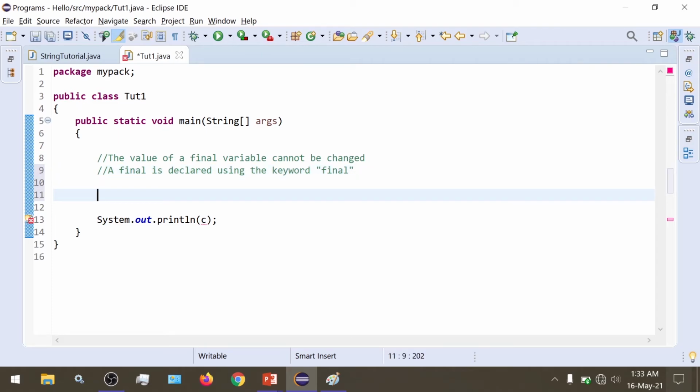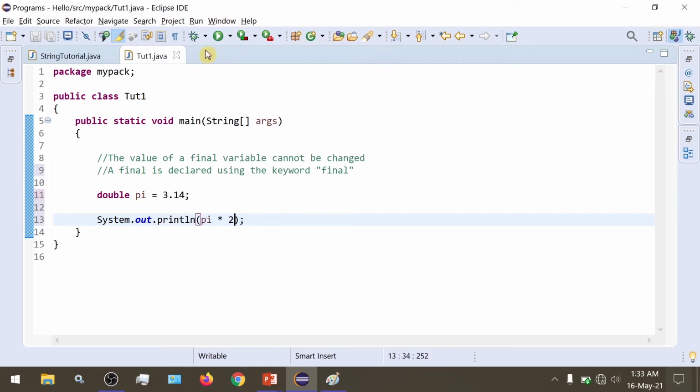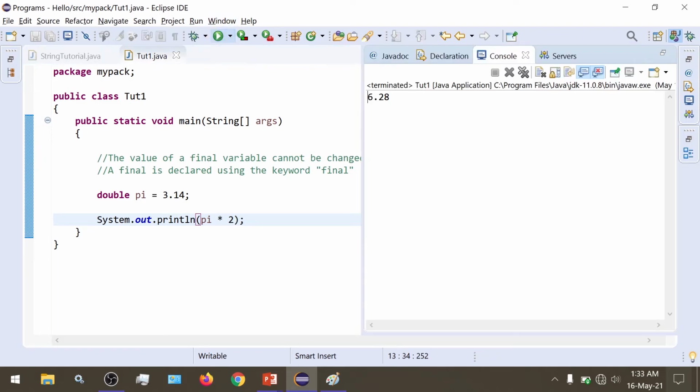So let us see an example. We have a variable double pi as 3.14, and let's suppose we are performing a calculation using the value of pi. For simplicity, let us take that we are performing pi into 2. So here we get the output of the variable pi's value multiplied by 2.